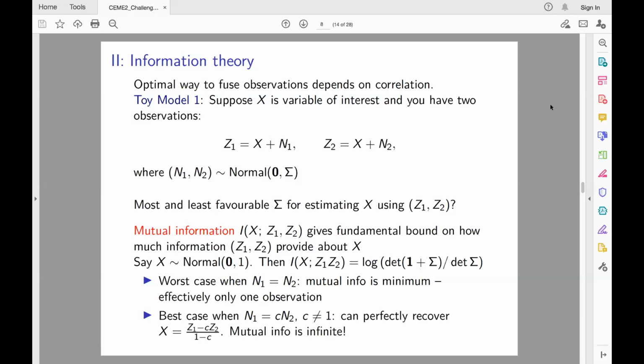Now, obviously, all the engineers sitting here in the room are saying, oh, well, yes, that's obvious. That's just a linear filter, you know, Gaussian, yada, yada. But the point is that this is a more general framework than that, that this information theory, the mutual information, you can calculate in a lot more settings than this, or you can bound it in a lot more settings than this.